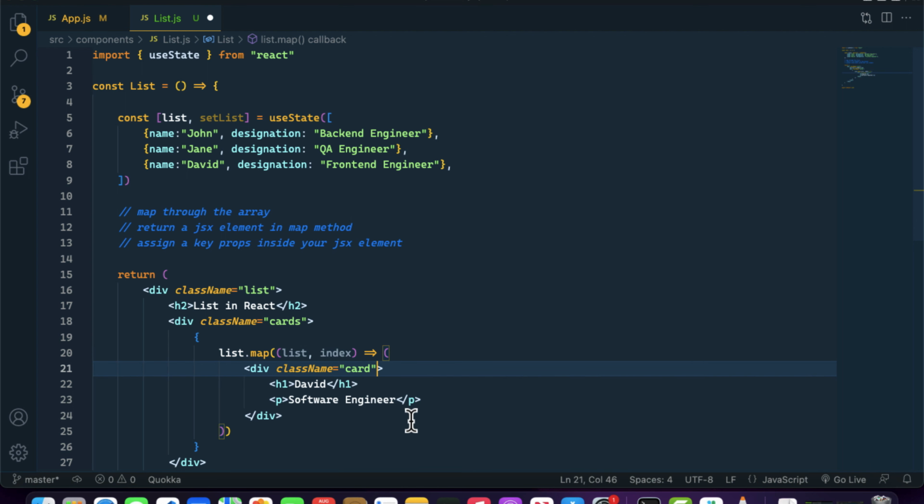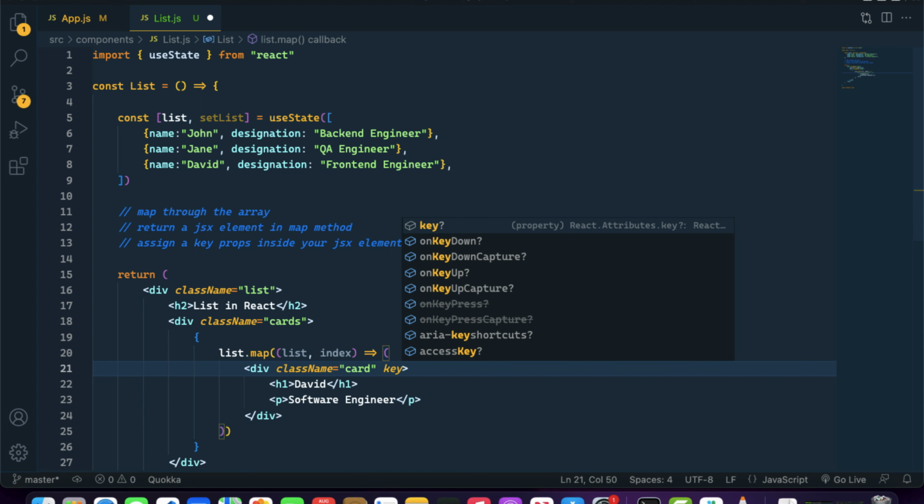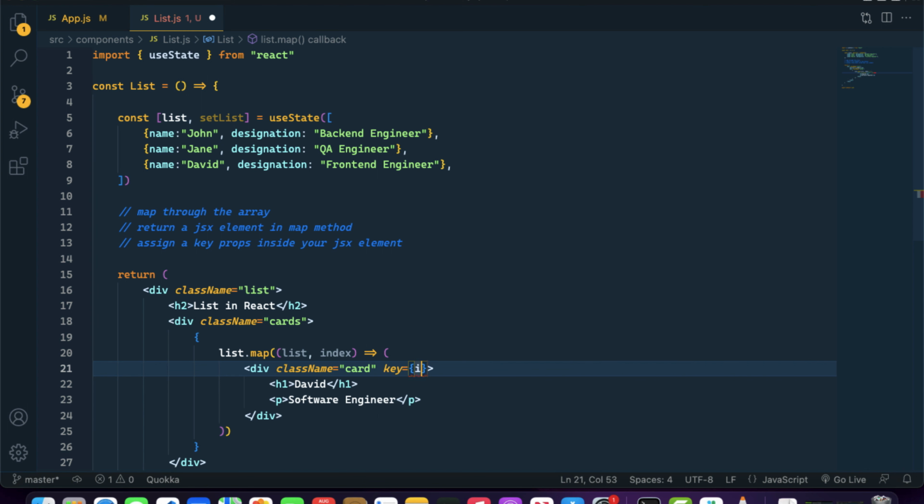Whenever you are passing the HTML element, it is mandatory to assign the key prop to it. So I will come over here and say key equals index, and whatever you assign inside this key prop should be unique. So we will use this index. Obviously the index will be unique for all the elements. And inside the card, let's make it dynamic: list.name,